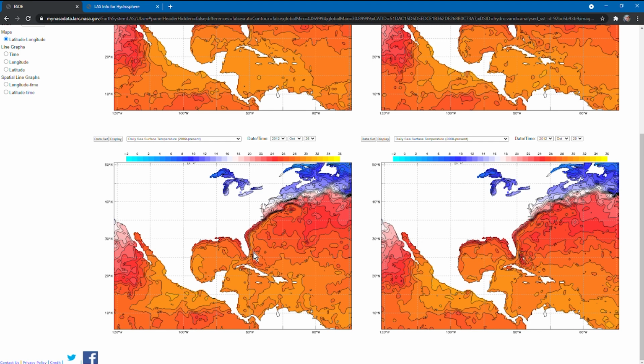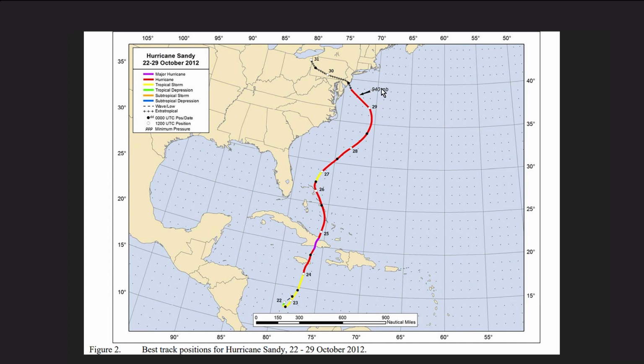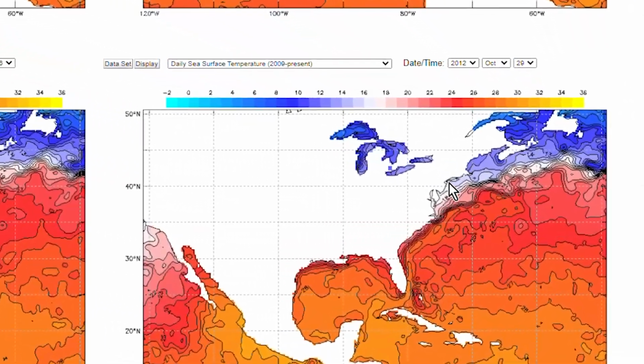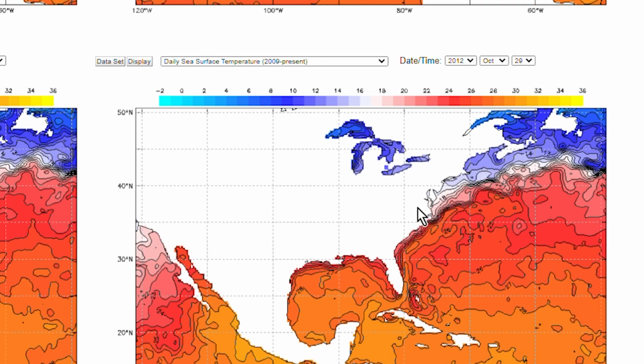We can actually see this kind of path bed form where the water cooled a little bit as the storm charged northward. On the last day of the storm, we know that Hurricane Sandy was off the coast of Virginia and Maryland and was still marked as a hurricane, which is going to be in this region here. Already we can see much more blue and white in this image than 9 days prior, showing a unique look at the storm.